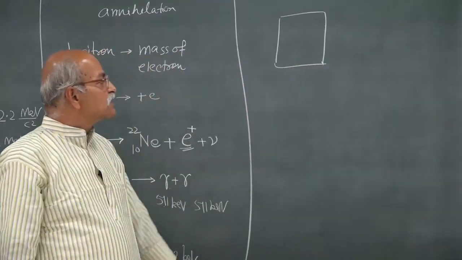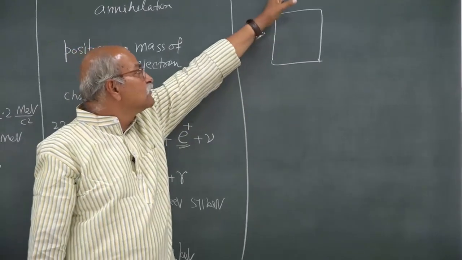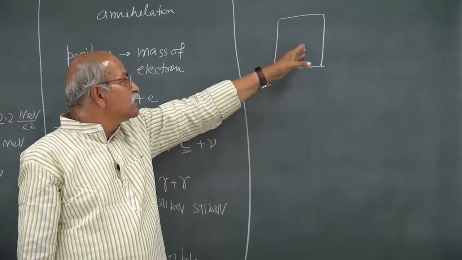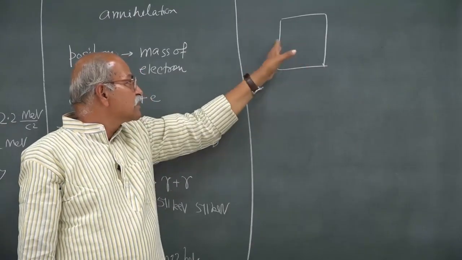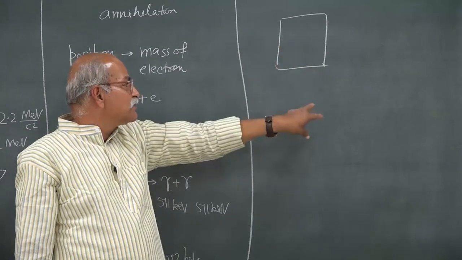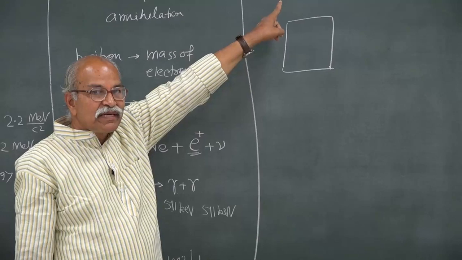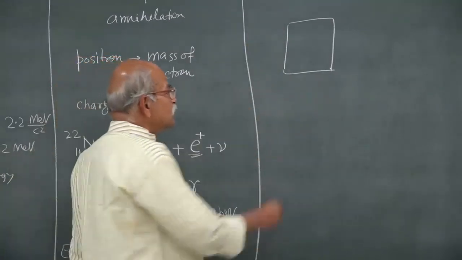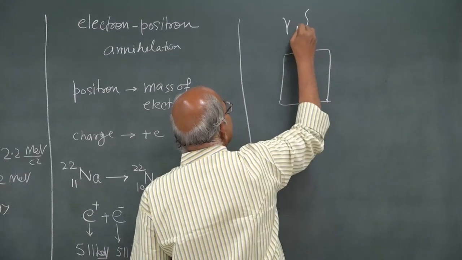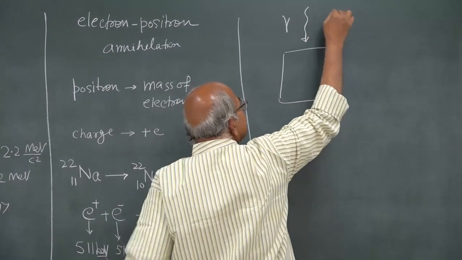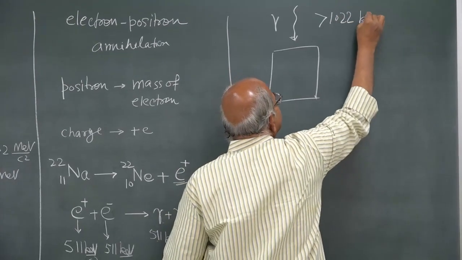In nuclear physics laboratories they have varieties of detectors, solid detectors. A gamma ray comes in, and there is some process by which it loses energy and is trapped, and from there we know the energy of the original gamma ray. If a gamma ray comes in with energy greater than this 1022 keV,